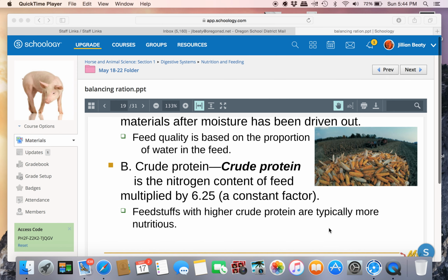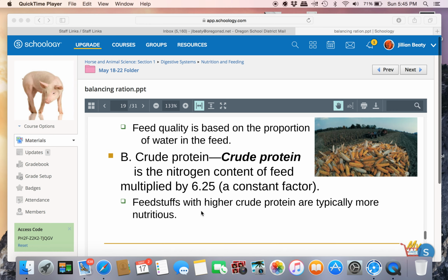Crude protein is the amount of nitrogen content of feed, and it's multiplied by a constant factor of 6.25. Now, I mentioned protein is crucial, and when we think about the building blocks of protein, that's amino acids. And the difference between protein and carbohydrates is one simple thing, and that is nitrogen. So both of them contain carbon, hydrogen, and oxygen, and the one difference is nitrogen. And that nitrogen is really what is critical when we think about amino acids. And so to figure out crude protein, they take that nitrogen and multiply it by 6.25, and that is your crude protein. And that's what we're really going to be basing feed